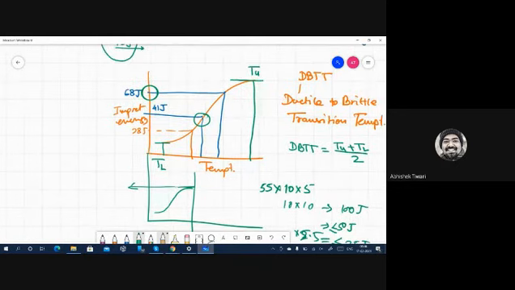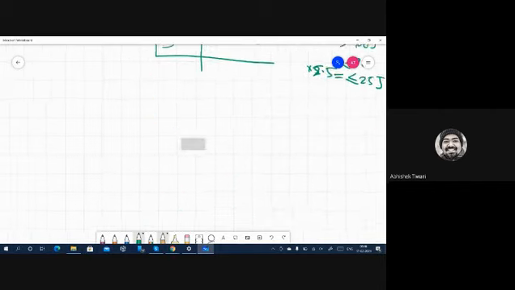So what will you do? You will have to find a criterion for that, and here the 28 joule criterion will work, right? So this is why we have these two criteria. Now I will explain one more, and after that,